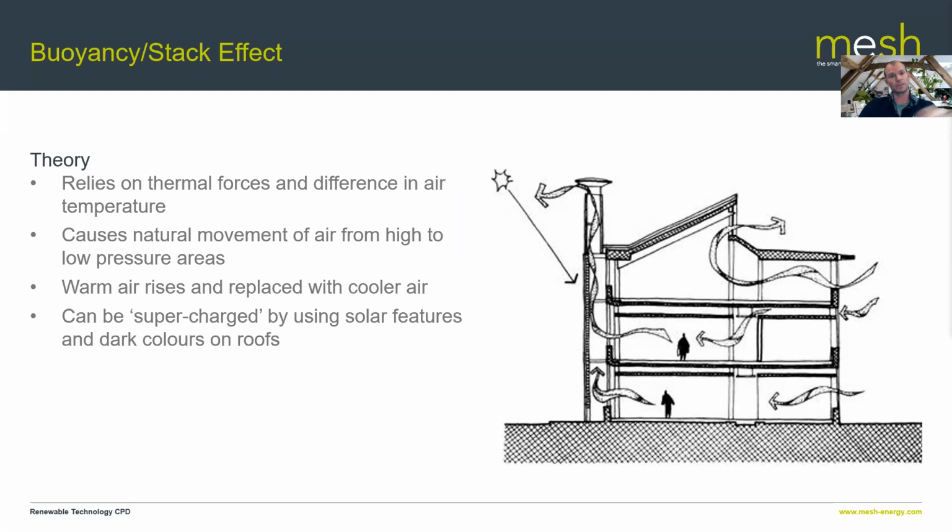color, funnily enough. And so what you tend to find on more innovative buildings is the use of high level windows or high level solar collectors, which make the top of the building hotter. Roofs are really good for this, particularly black colored roofs or dark colored roofs. When you paint things different colors, or when you allow more solar in at the high level of a building, it heats the air in the top of the building. And as I say, it supercharges it, you end up with a higher pressure differential